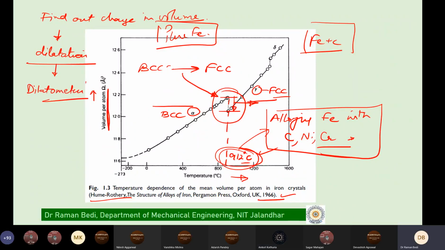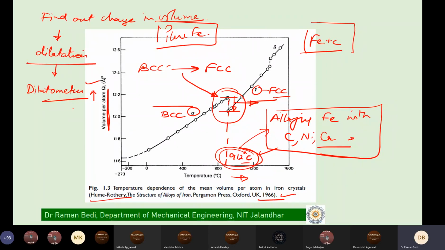dilatometer. Yes, I told you maybe already. Dilatometer. It has to be very, very accurate, because the sizes we are referring to are too small. I may take a larger sample even, but still the change in volume will be very, very small. So I need a very accurate instrument for doing this exercise. The dilatometer needs to be of quite good accuracy for us to do this.